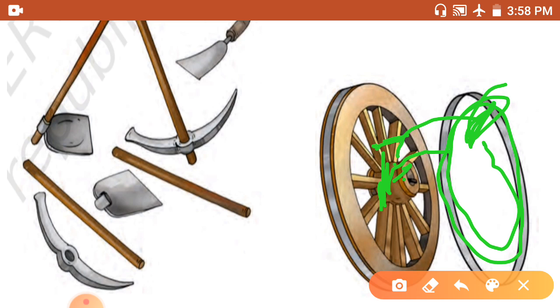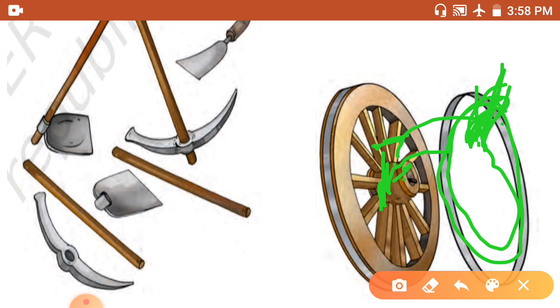Okay, the iron rim is heated. The iron rim is heated in a dry dung cake fire. Due to the rise in temperature, it expands, right? Its size will increase.